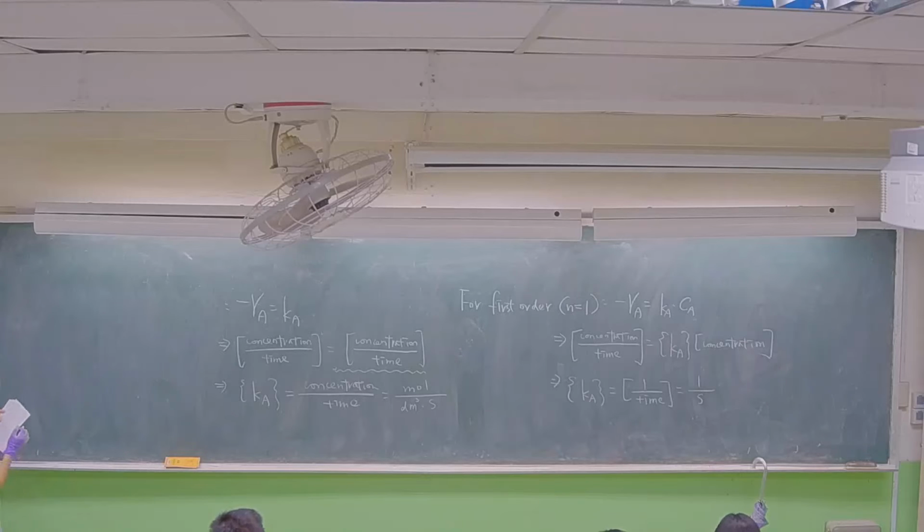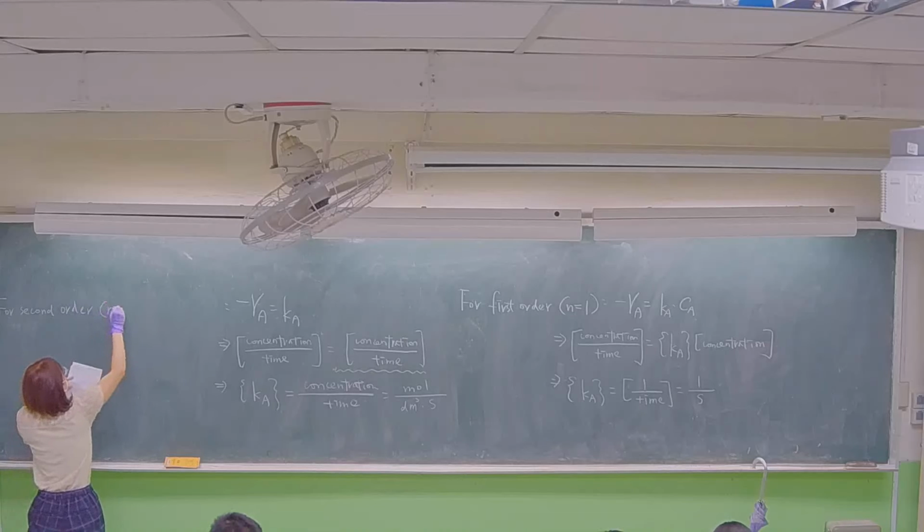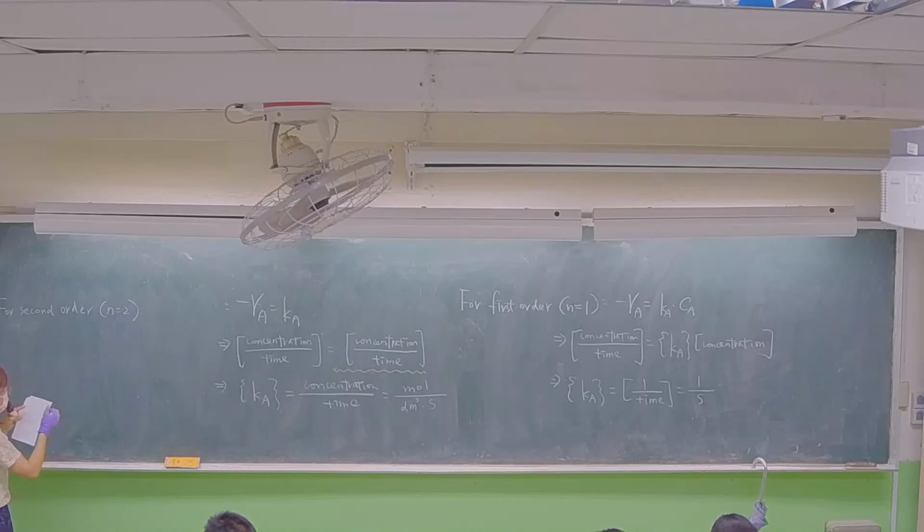You can calculate the unit of Ka for second and third order. I don't want to write down the same process, so let me give you the answer directly. You can go back and do the same thing and find the unit. I think it is simple. If you cannot get the same answer, you can email me or line me. So the unit for Ka in second order reaction is